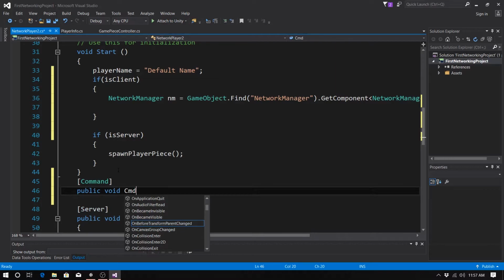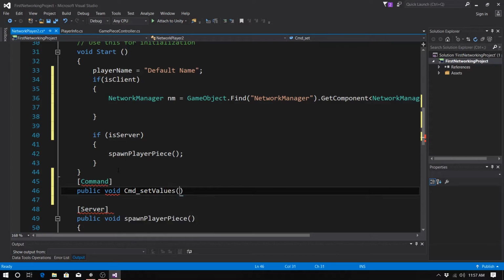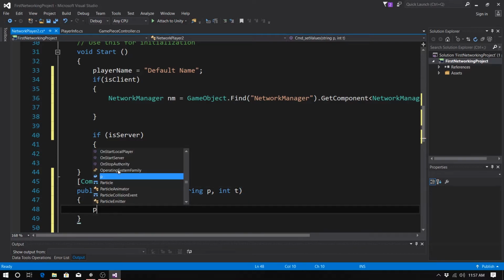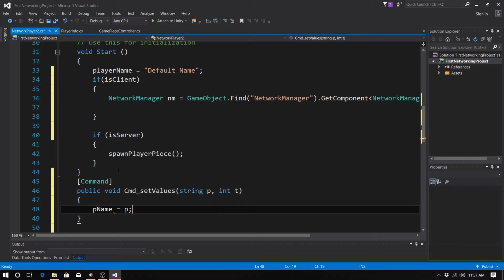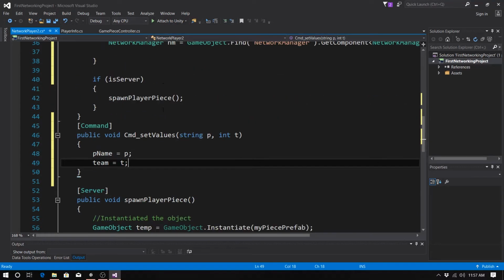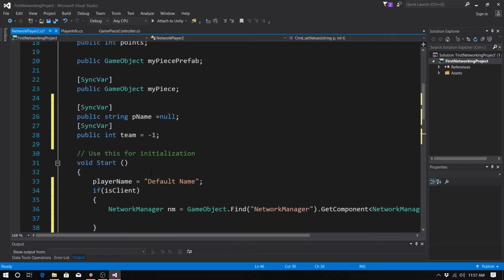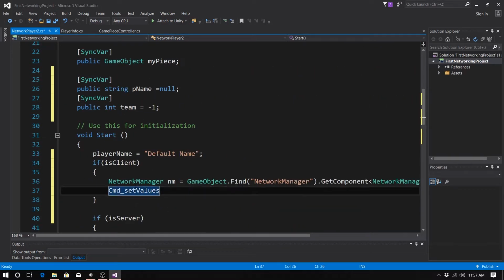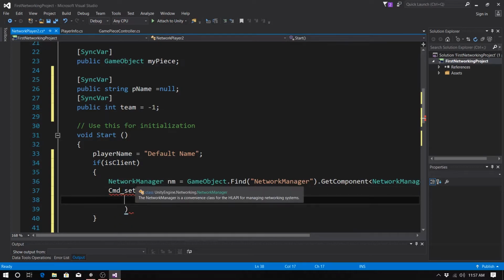Void cmd, remember it has to start with cmd, set values, and we're going to pass in string p, int t, and p name equals p, and team equals t. So now all I have to do is invoke this command from the client and pass in two values for it. Pass in command,